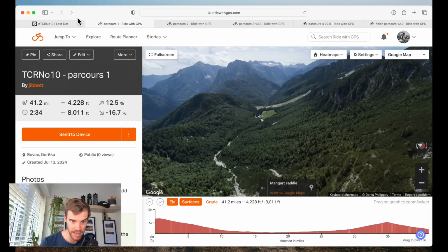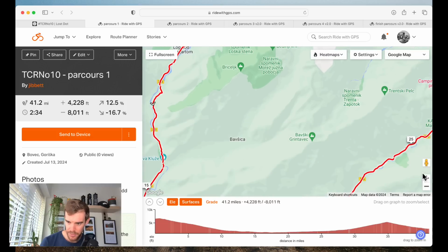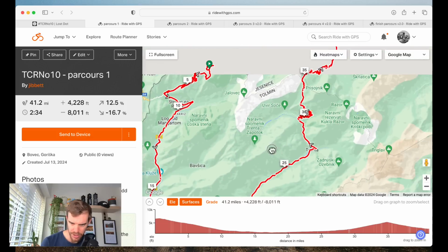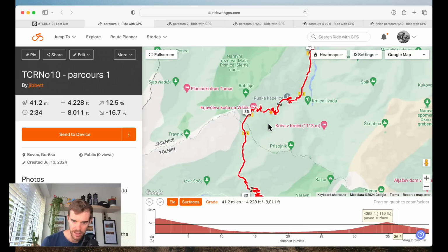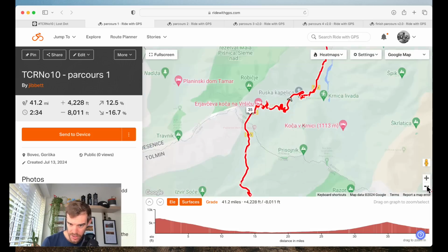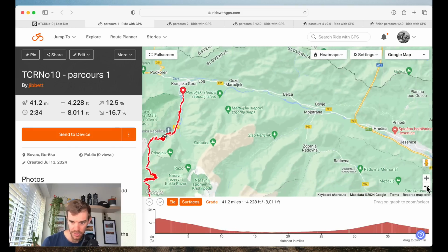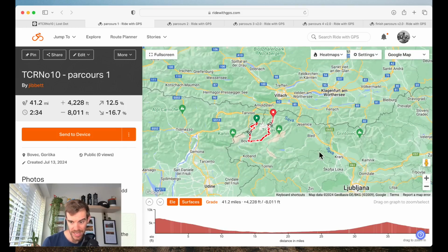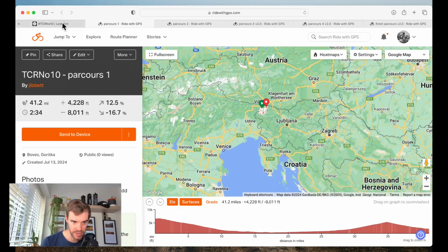It's an area I've not been to before, not this specific climb, so that would be pretty cool. And then the checkpoint is on top of, I think it's the Vršič Pass, and up here there's a little mountain hut where the checkpoint is, so there's going to be a big climb there. The parcours sends riders north from there, so riders are going to basically head towards Ljubljana, I suspect. Obviously it's a free route, so everyone can go where they want, and then head on south towards the next checkpoint, which,